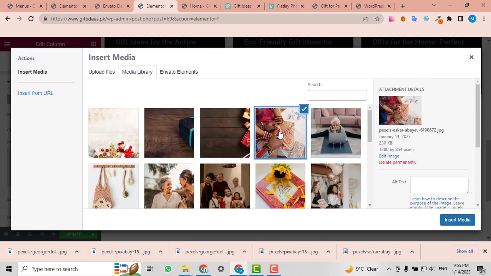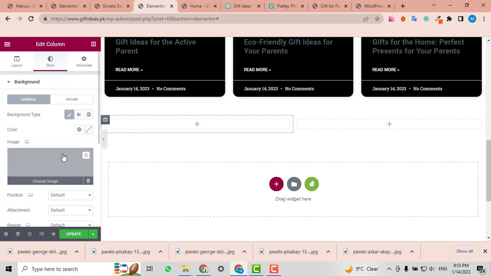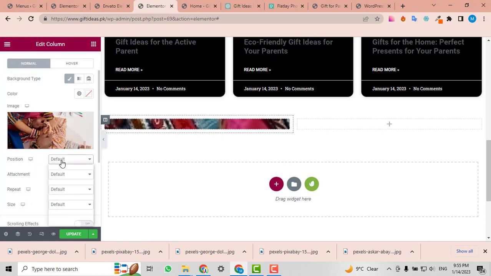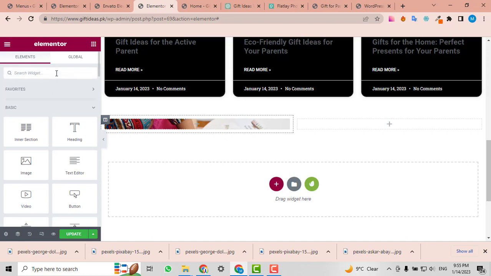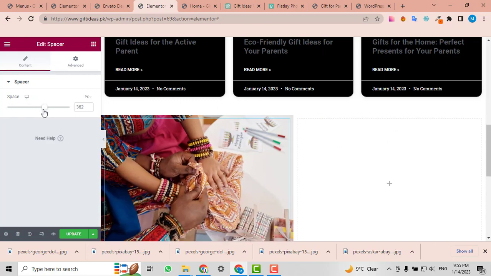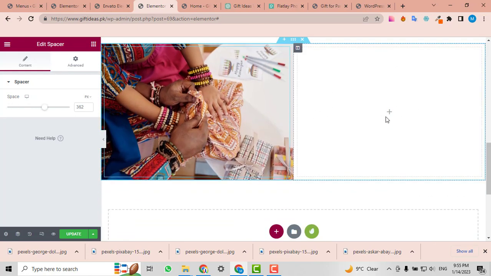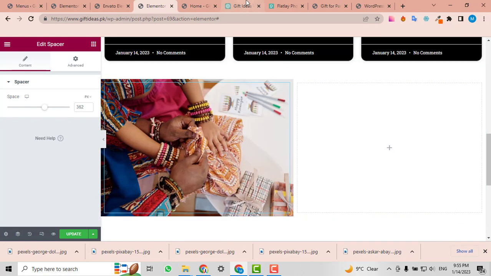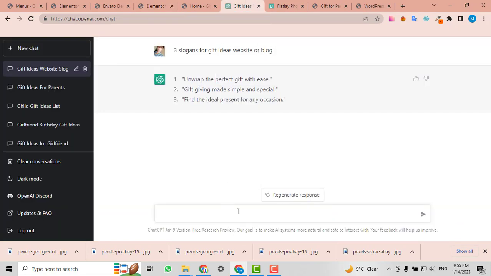For example, I want to add this image, and I click on insert, and in that I will set the position, and the size should be cover, and now it's cover. Then I click here, and here I want to add a spacer. So I will just drag and drop, and in the spacer I will add this one here. Now I will add some text here. So I want to go here and write an about us text for a blog website related to gift ideas,